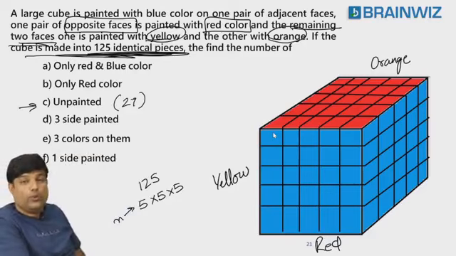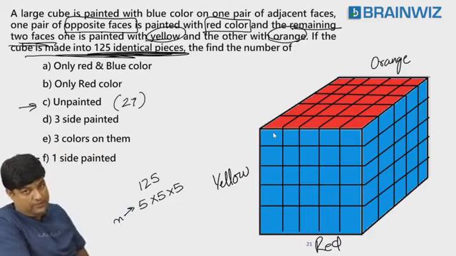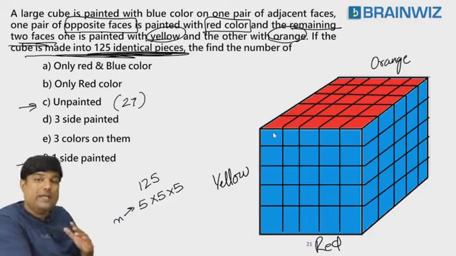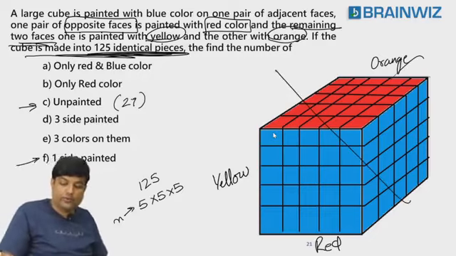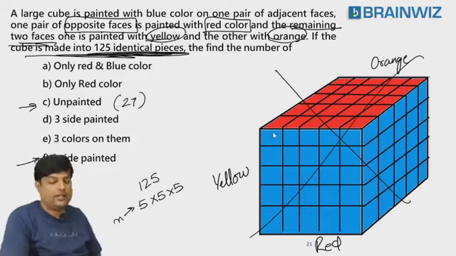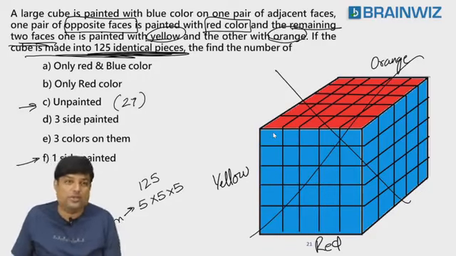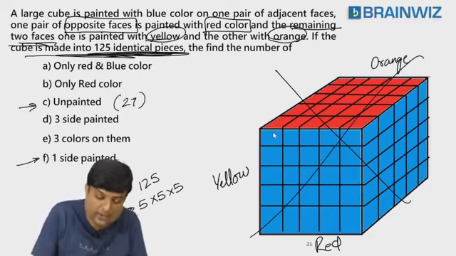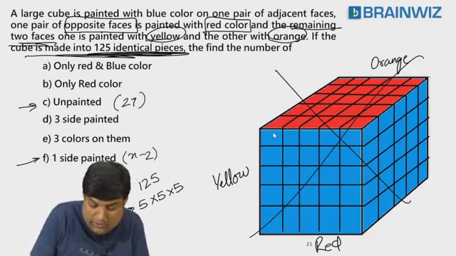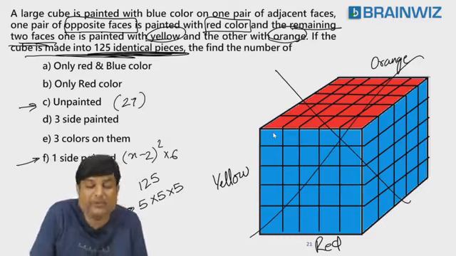He said one side painted. What did he say, students? One side painted. Could you please tell me what is one side painted? Come on. You have a formula. Diagram is not required for you. Are you sure diagram is not required for you? Without the help of diagram, can you do it? Are you sure? That's good. How can you do it? That's good. (n minus 2) whole square into 6. Perfect. No need of diagram.